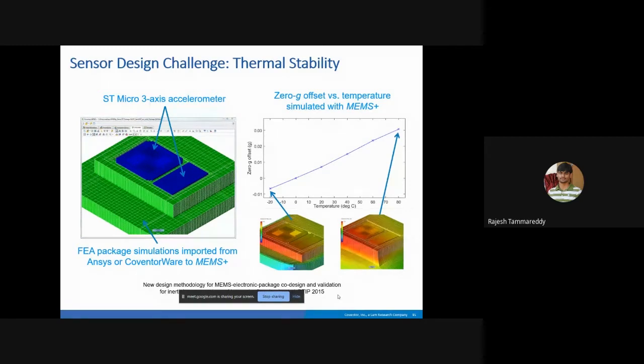Without any input, because of temperature, there is some change in output. That is what is being measured. As I explained, because of temperature there is an expansion in the material, and because of stresses there will be deformation. That deformation you are reading as some output without any input. All these simulations are also possible to do in MEMS Plus.